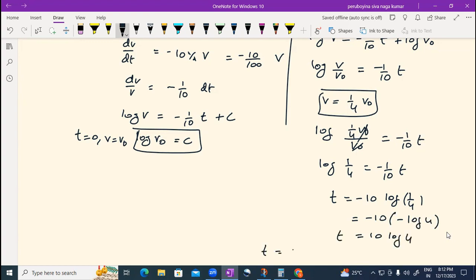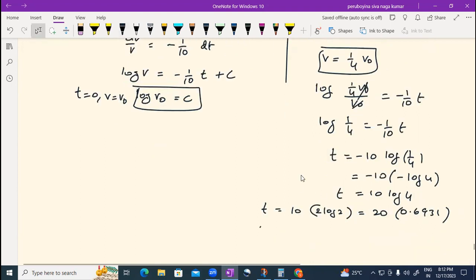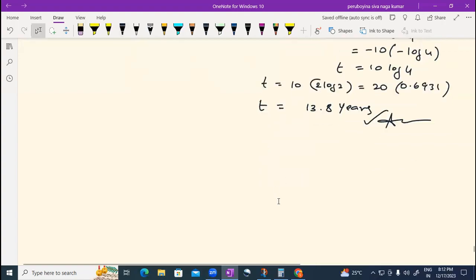That means T value will be 10 into 2 log 2, you can write as log 4. And 2 tens are 20. You know that log 2 is 0.6931. Now multiply with 20. How much will it be? T value will be around 13.8 years. This is the answer of this question. Next two models will be